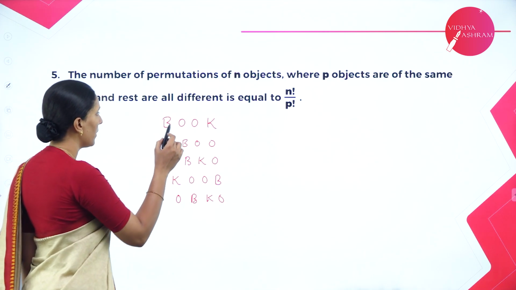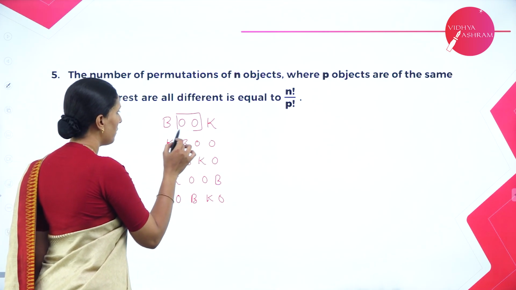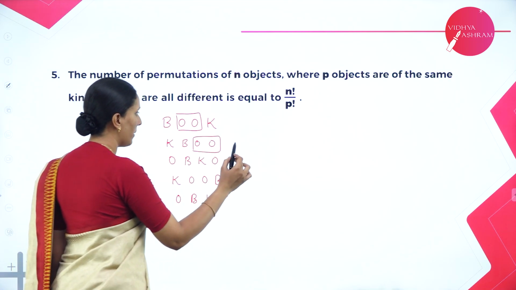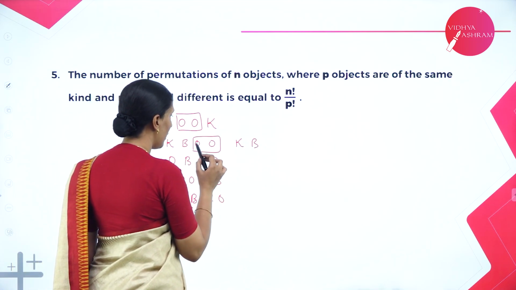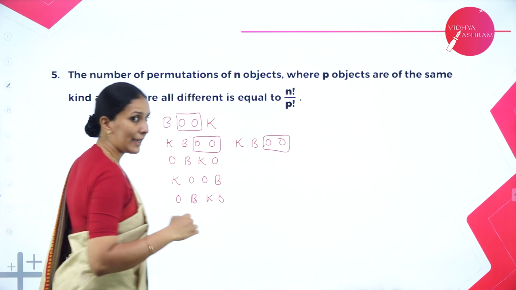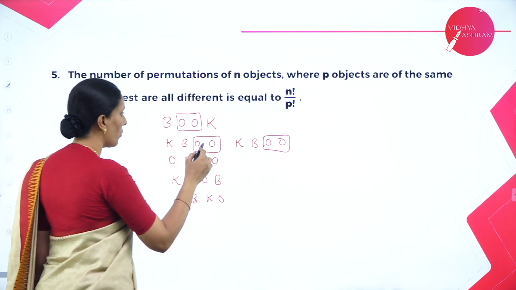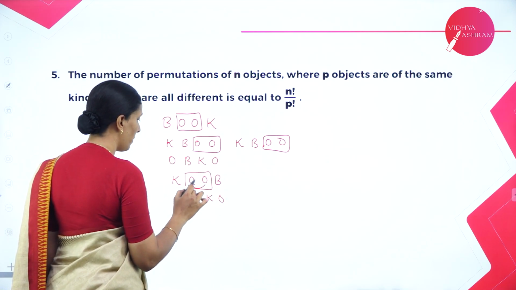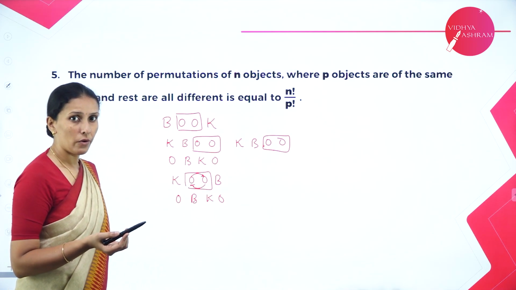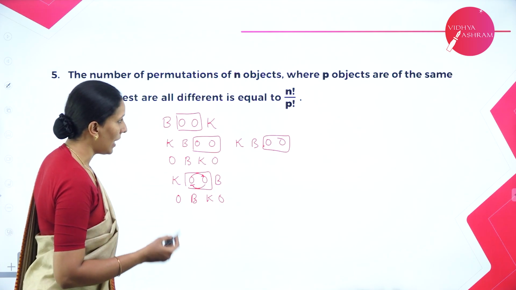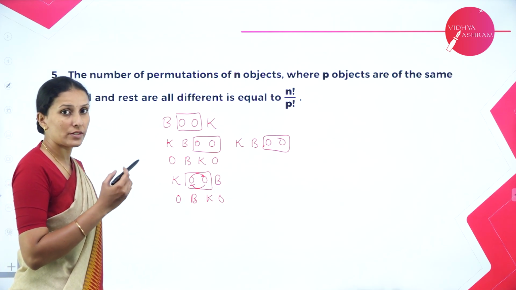But observe here, the O and O, if you interchange them, or K and B, if I interchange them, we will not get any new arrangement there. So we have the same arrangement. Here also, if you interchange these two, there is no new arrangement. It's the same arrangement. So when you have a number of letters or objects which is repeated,